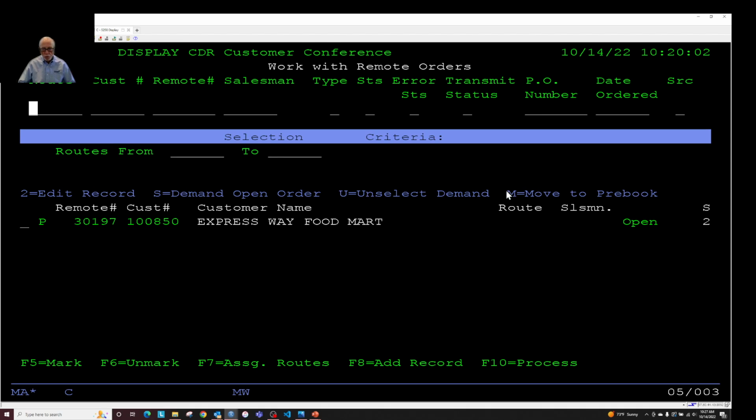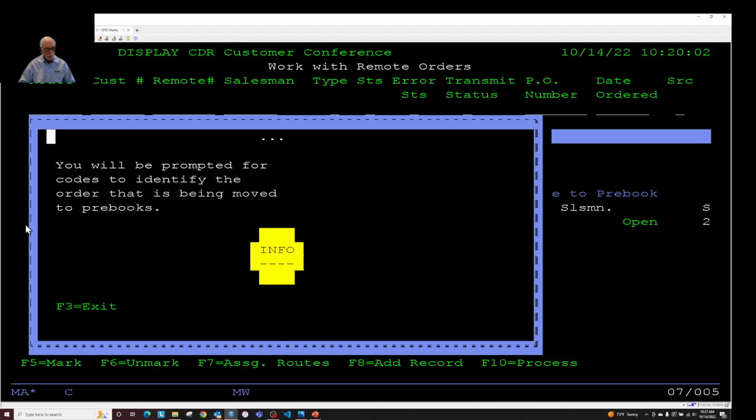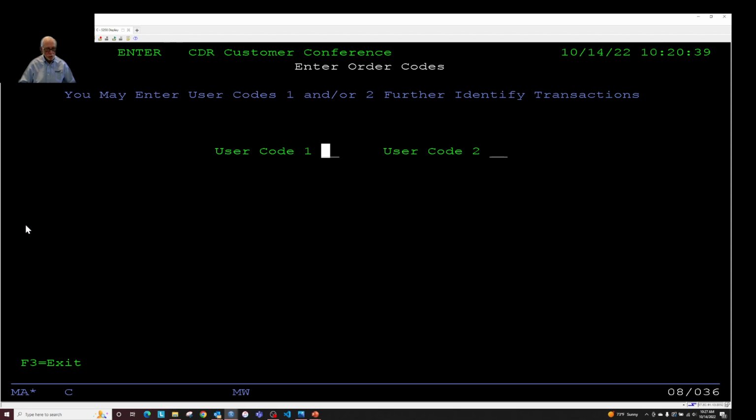So to move things manually to prebooks where they're not automatically flowing because you've chosen to manually manage those types of entries, if we do an M to move, this is how that process works now. So it's going to ask us for some things, and it's going to ask for codes. Now, this has been in the system for a while, and these are the user codes that show up that help you find things within the prebook order system based off of codes that you've determined to use within your organization. So it's going to ask me for some codes. So I'm just going to put my initials